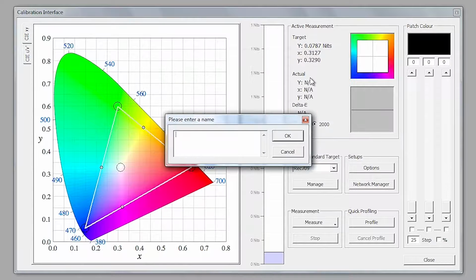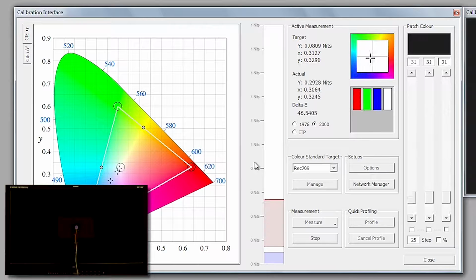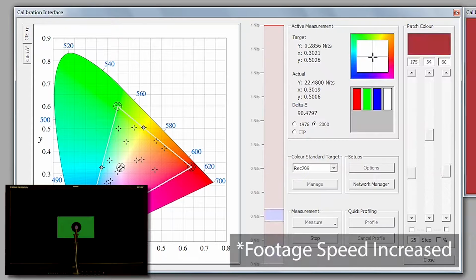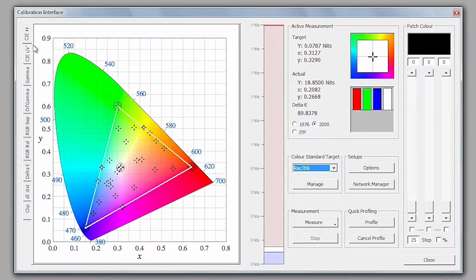We're now going to press Start, give our validation profile a name, and then press OK. This will again generate a wide variety of test patches, and once complete, we will review the results to see how good our calibration is on this display. So now that our verification is complete, we can hit OK, and as we can see, our color gamut coverage